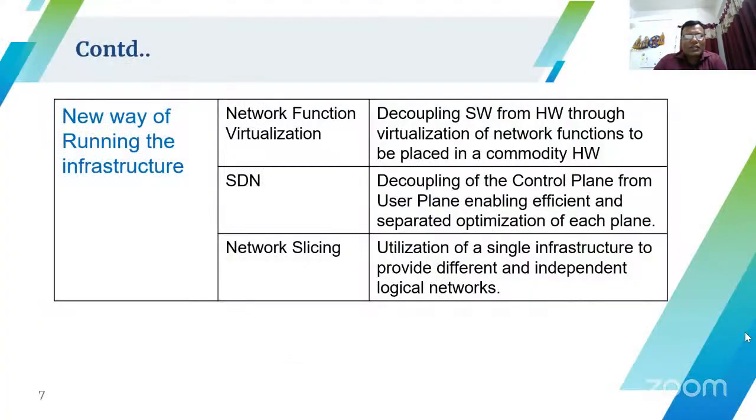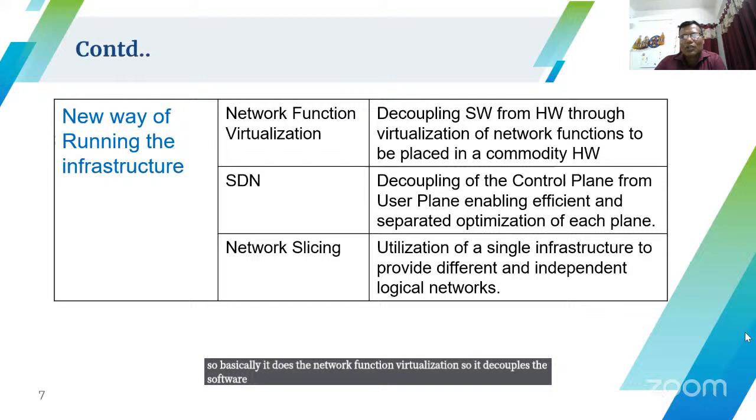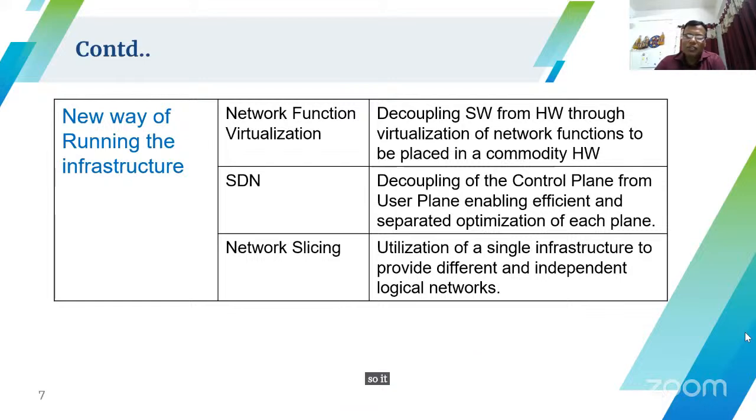The third thing is the new way of running the infrastructure. What I could find when I was reading across the literature of 5G is that everybody used to have their own customized way of transferring the data, communication, especially in the physical layer. What 5G talks about is uniformity. Basically, it does network function virtualization. So it decouples the software and the hardware. It could be different hardware, but the software should be portable on that, and that should allow the network